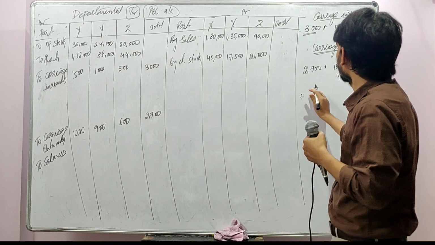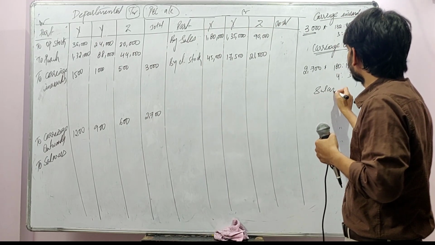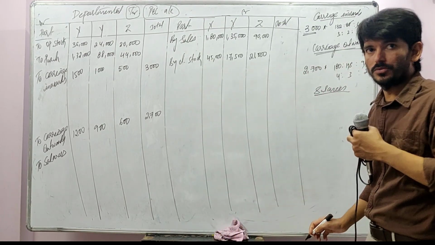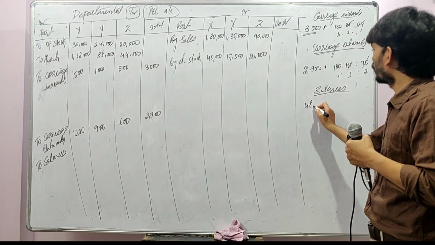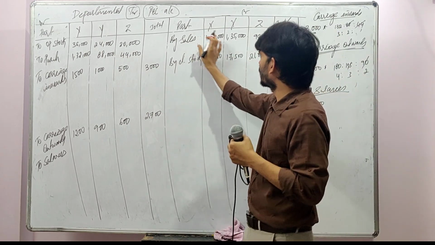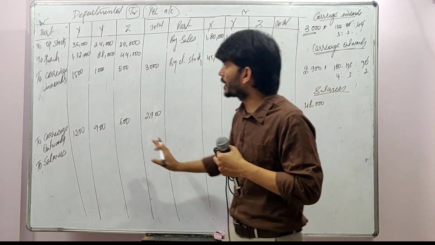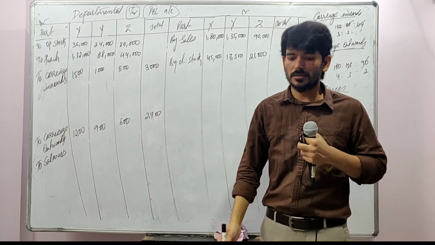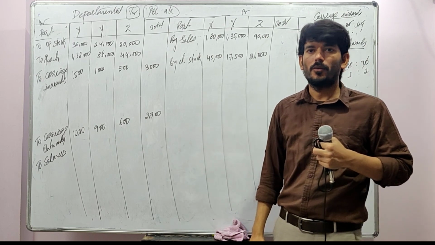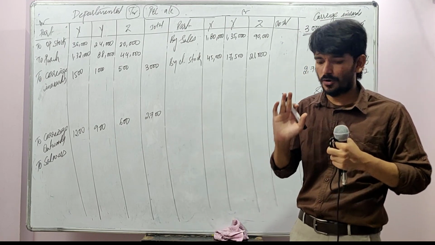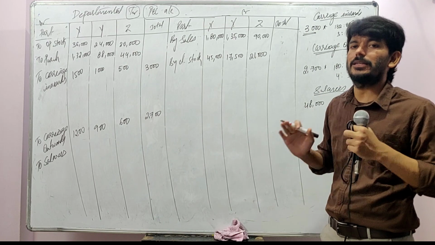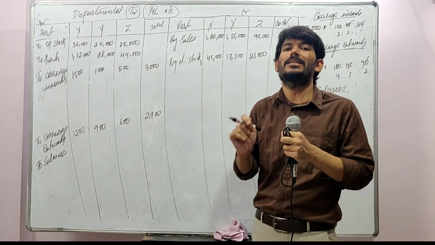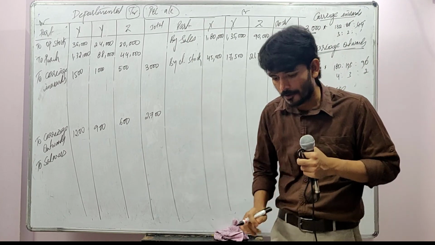So salaries, where do we have to apportion them? Salaries, how much is being paid? 48,000. Should I be paying based upon the sales? Should I be paying based upon the purchases, opening stock? I don't know. But the best option is, look at the question. What is most relevant? Whatever you are doing, don't think that it is exactly right in real terms also. That could be wrong. But for the information that is available, you choose the best possible.